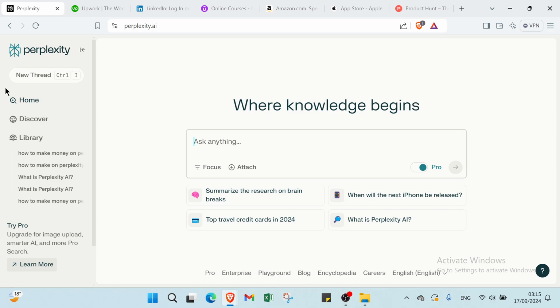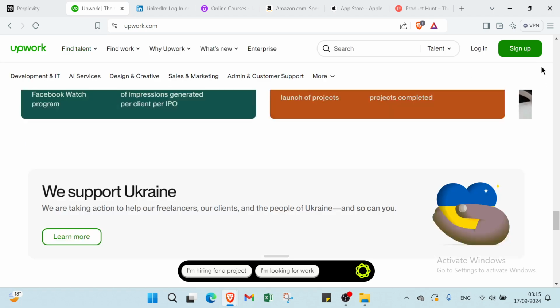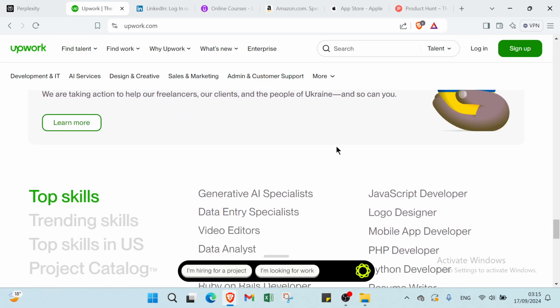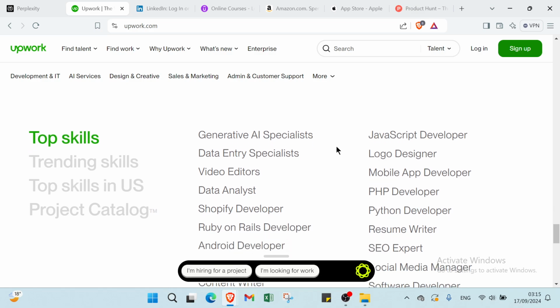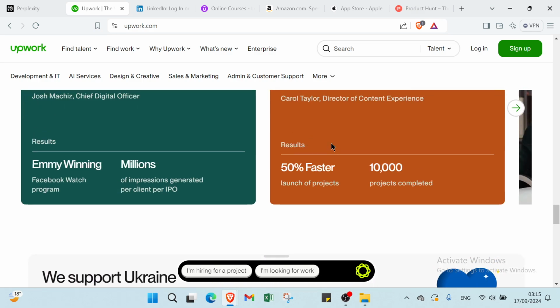So we have here on Perplexity, you can earn money by offering expert consulting and advisory services. Draw a well-crafted profile that attracts clients. Monetize your expertise by providing valuable, tailored insights and charging for personalized consultations. For example, I will give you here Upwork. So to earn money on Perplexity using Upwork, all you have to do is just offer consultant services on Perplexity to attract clients, leverage your expertise to offer valuable advice, and convert Perplexity interactions into Upwork